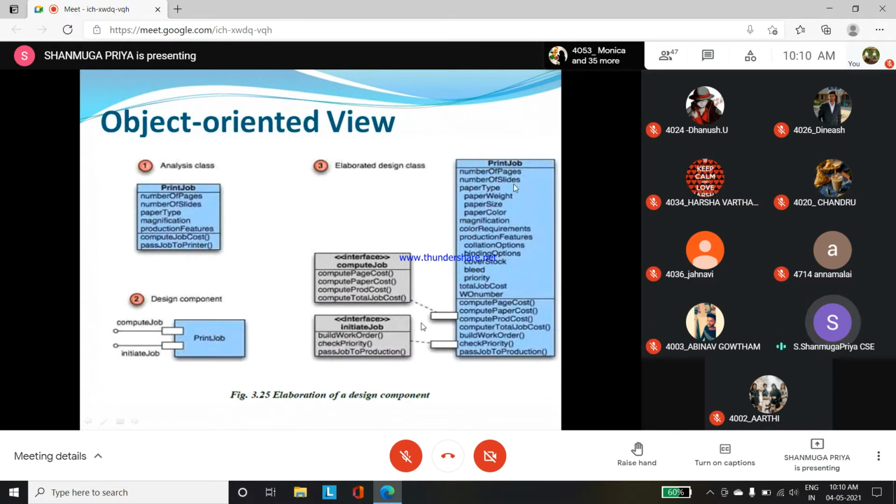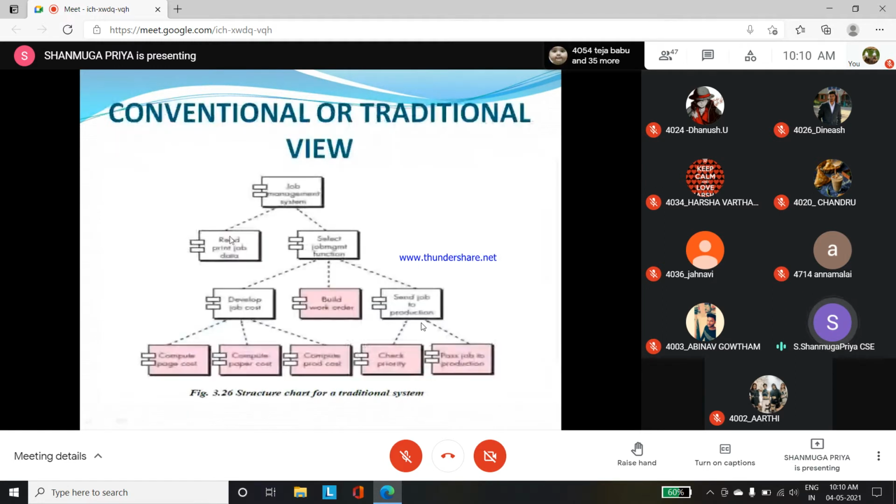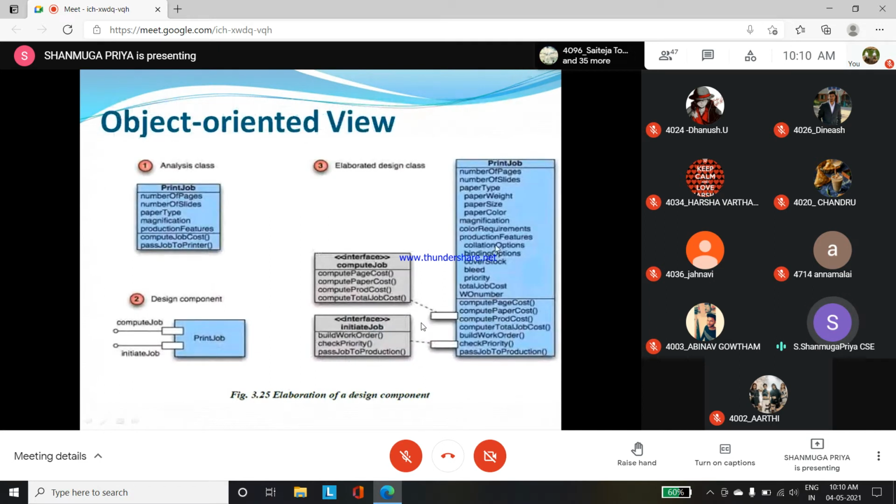So if you are going like this diagram, in the box, instead of this box, object management system, read, print, job data, this is one module, in the sense this is one class. We can draw this in this format. Okay, so look here, we can write in this format.